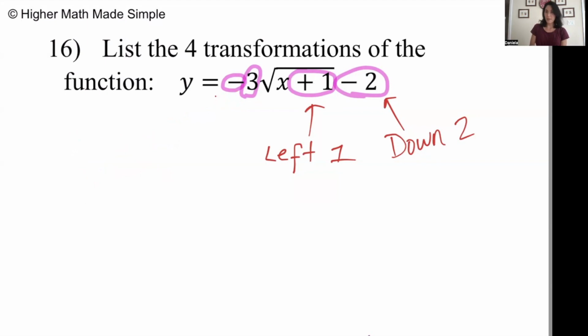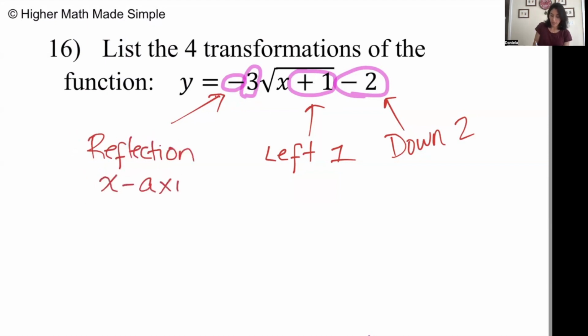Anytime you have a negative, so if you have it on the inside versus the outside, notice this negative is on the outside of the square root. This is going to be a reflection, right? So anytime you see a negative, it's a reflection, but on the outside, it's going to be a reflection over the x-axis. If we saw, let's say this negative was on the inside, then it would have been a reflection